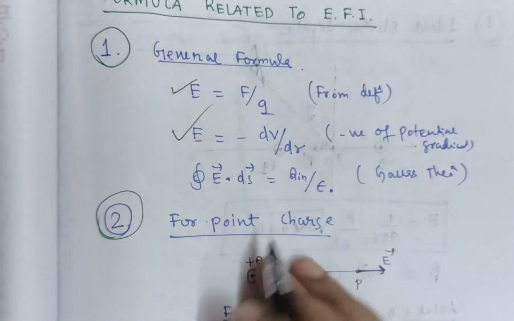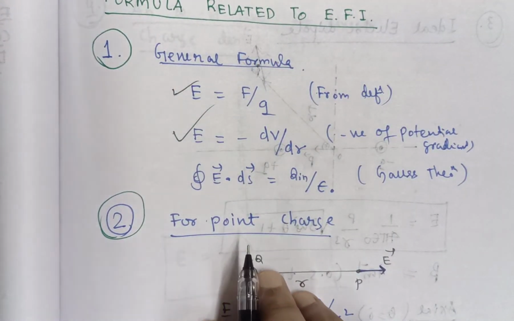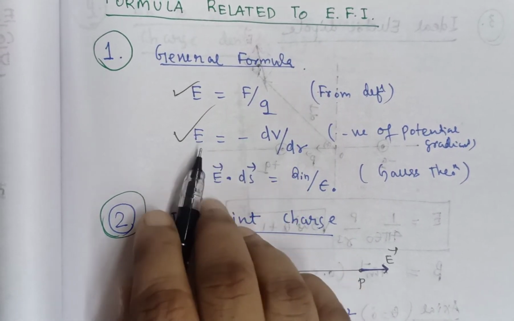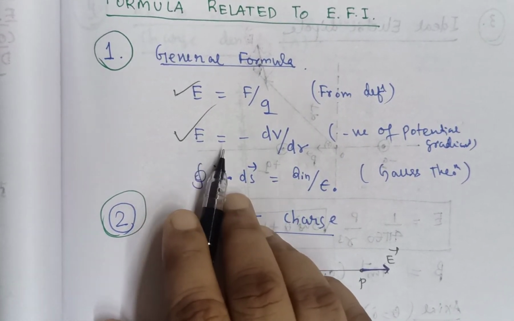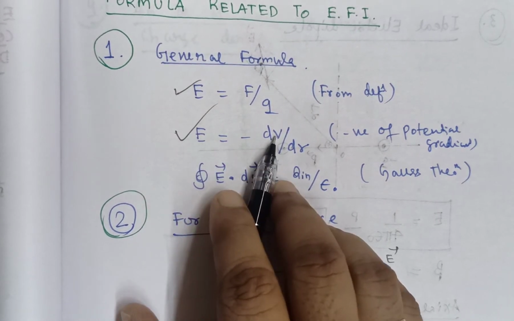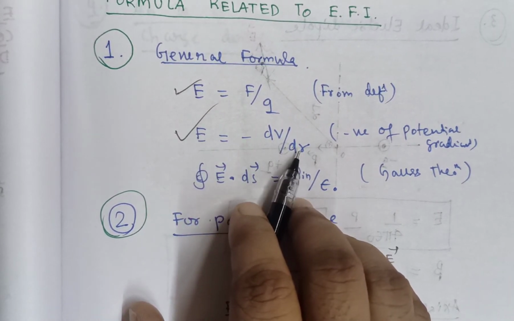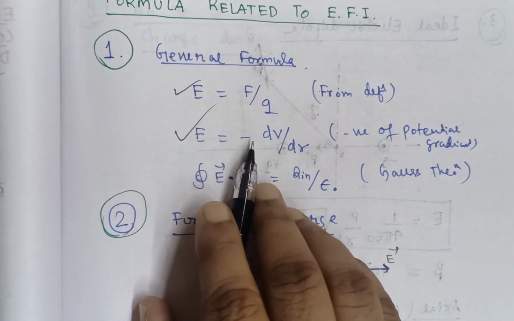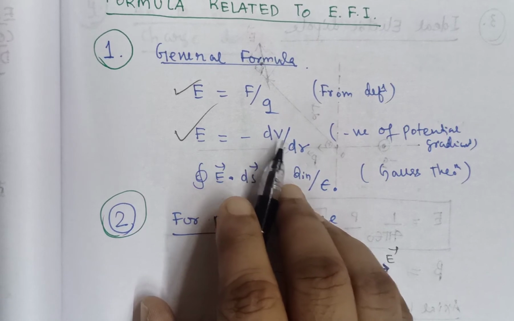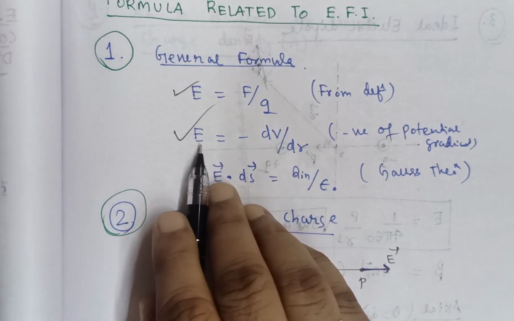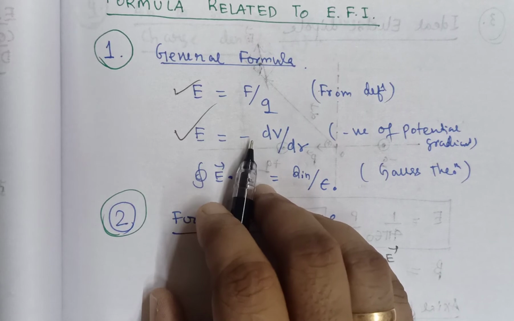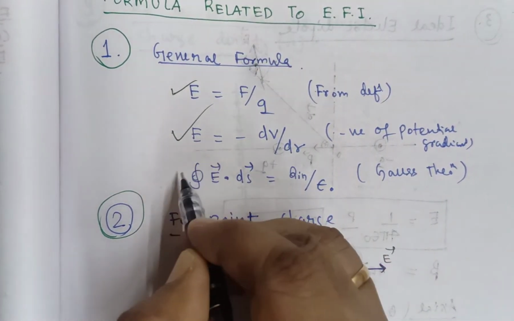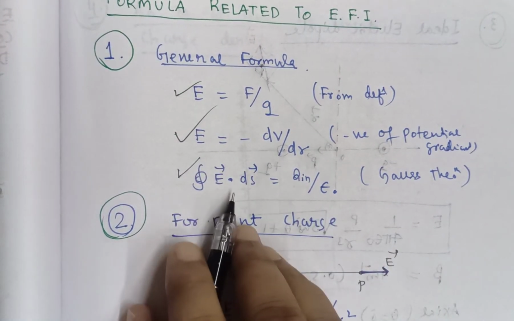This is another formula of electric field intensity that we have not discussed till now. It will be discussed in later classes. It states that electric field intensity is equal to the negative of the electric potential gradient. As in your gravitation chapter, you also read that gravitational field intensity is equal to the negative of the gravitational potential gradient. Here also, electric field intensity can be expressed as the negative of the electric potential gradient. And this is the third formula that we discuss now. This is the Gauss theorem.